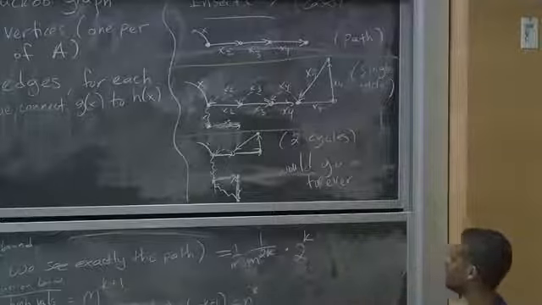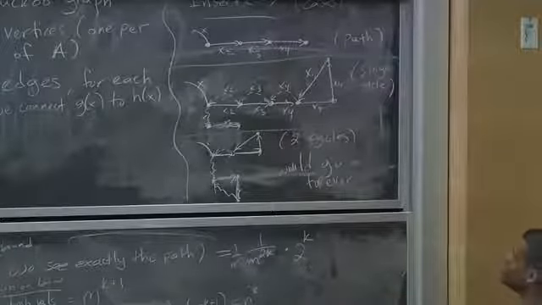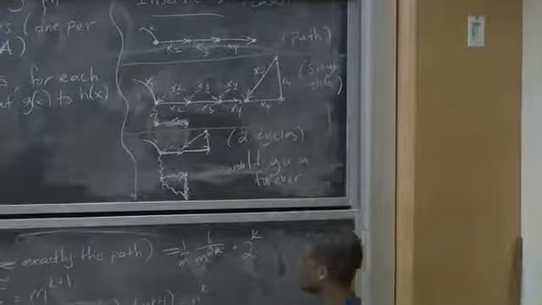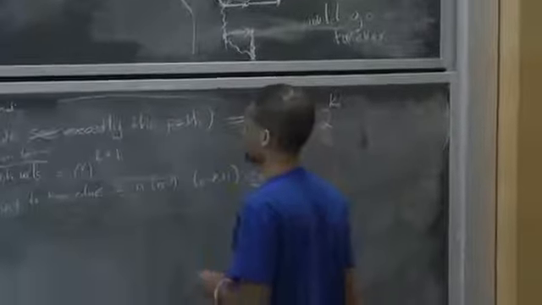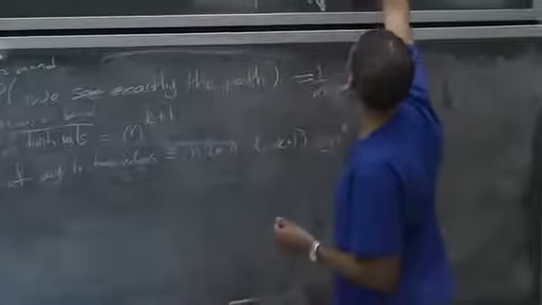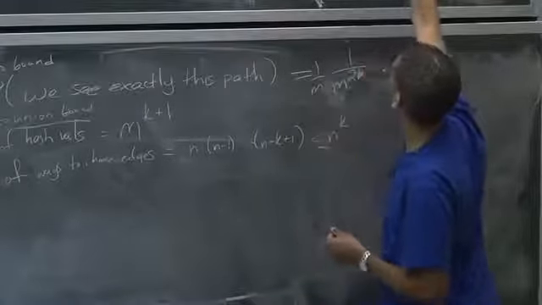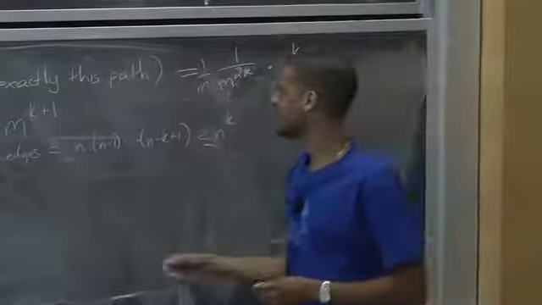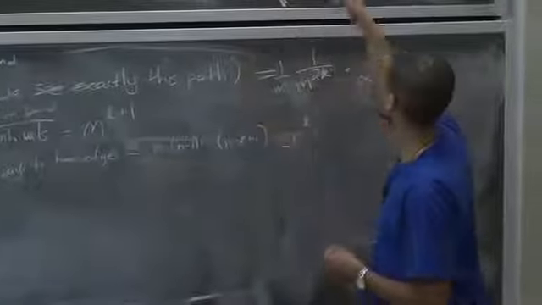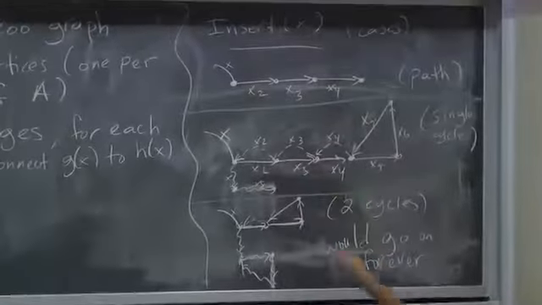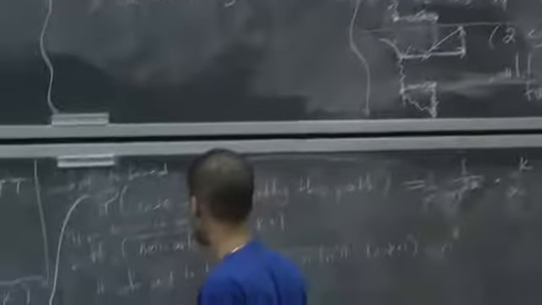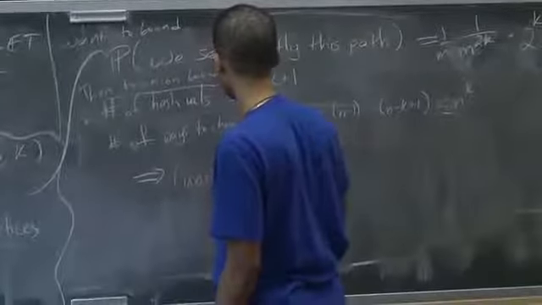Okay. And then now we need to union bound over all possible configurations that look like that. Well, we need to choose what these actual hash values are, right? And there are k plus 1 vertices, so there are m to the k plus 1 choices. How about the number of ways to choose the edges? Well, that's just choosing which items are there, so that's n to the k choices. So that implies, by a union bound,